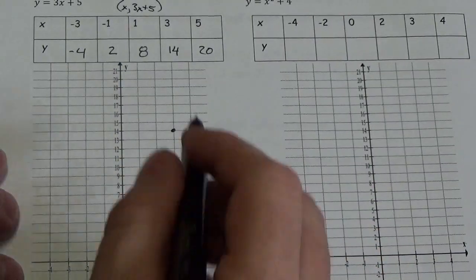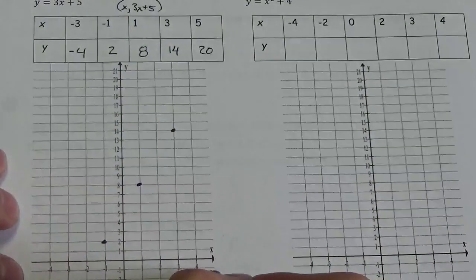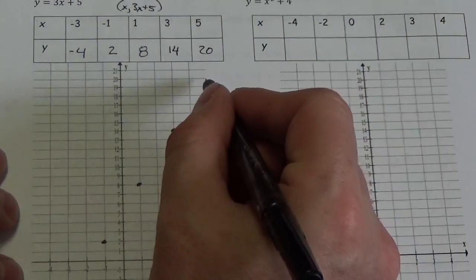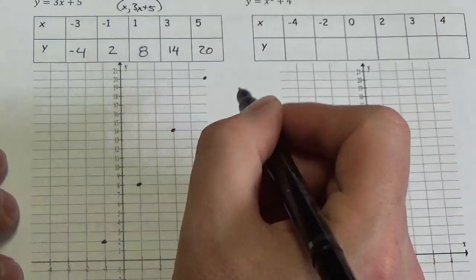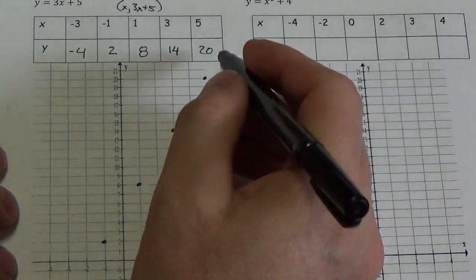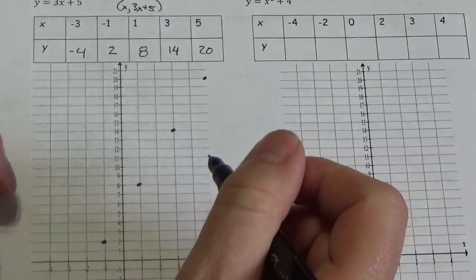And 5, 20, once again, is off my grid here, which is too bad, but 5, 20 would be somewhere over here. Okay? Now, these are the points that I see from my table of values,